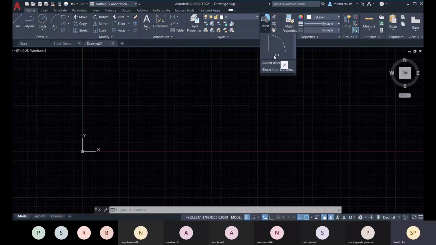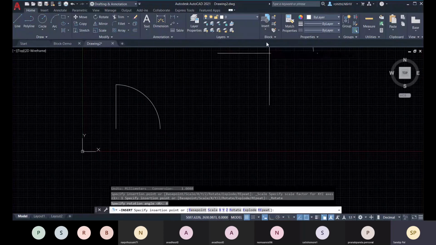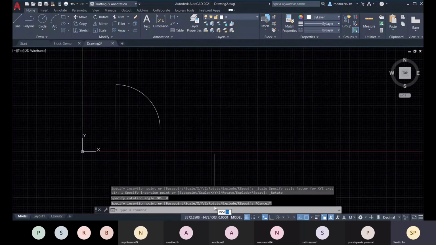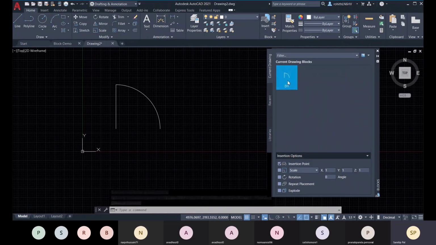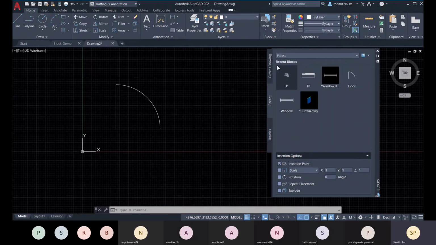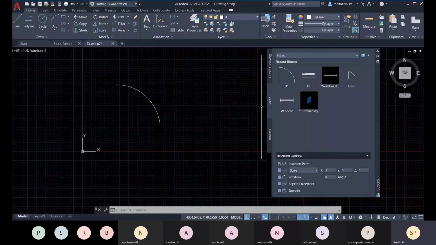Now we have this insertion option. We'll be inserting and placing blocks in our drawings. For that we have this insert, or we can type the command insert, and this window will open, and you can click on this current drawing. In this current drawing you have this block, or whatever was recently used. These are the recently used blocks, not only in this drawing but in other drawings too, whatever we have recently used in AutoCAD is available here.